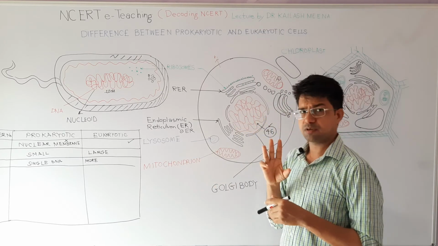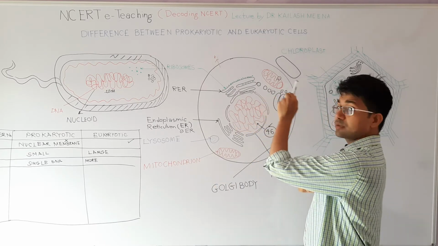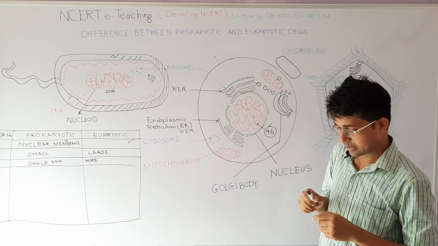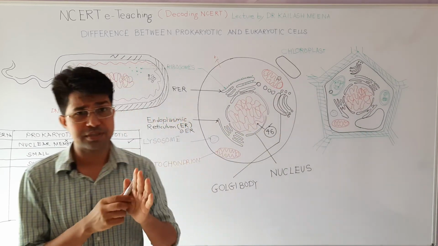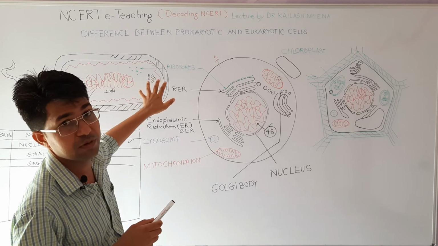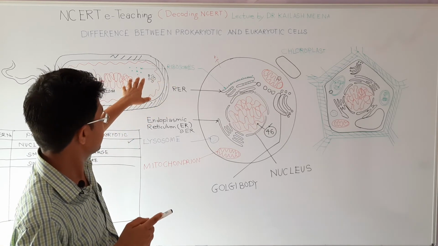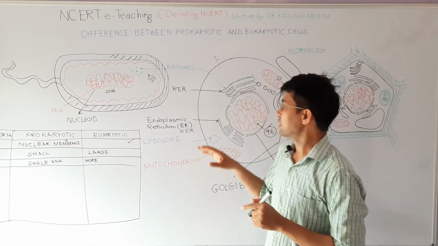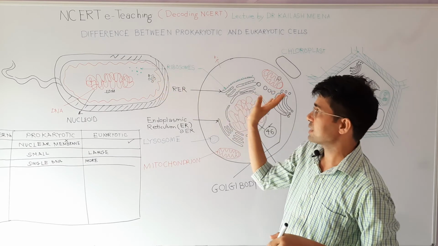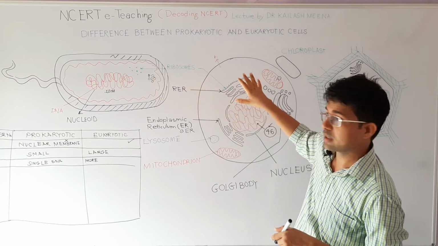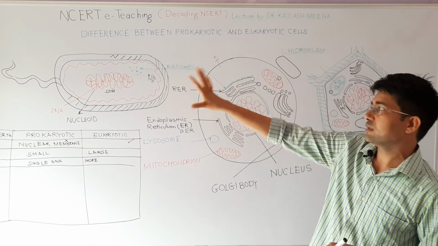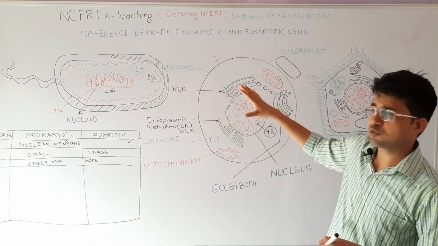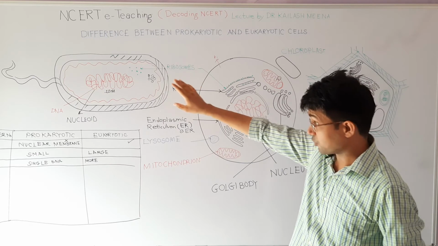So we have three types of cell organelles. One, double membrane bound, another, single membrane bound, or we can consider a third type, which is without membrane, for example ribosome. So if I say eukaryotic cells have cell organelles and prokaryotic cells don't, it means prokaryotic cells don't have membrane bound cell organelles. Both cells have ribosomes because ribosomes have no membrane; the rest of the organelles you will not see in prokaryotic cells. But yes, a prokaryotic cell is able to perform all the functions required for survival of the organism.